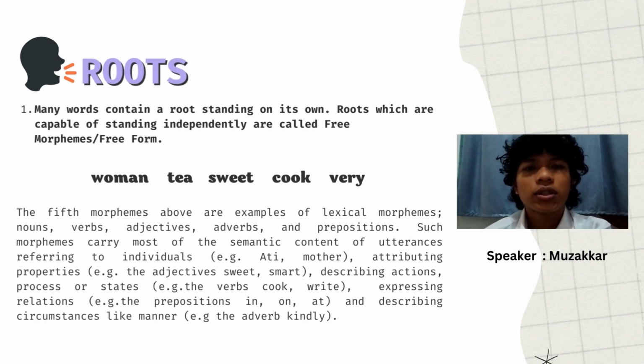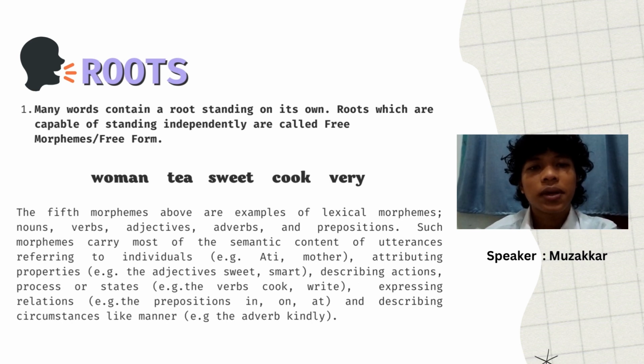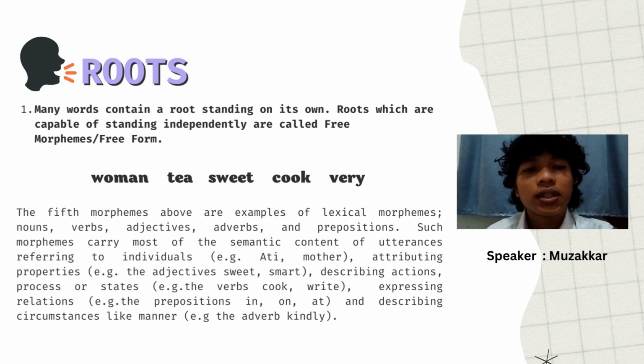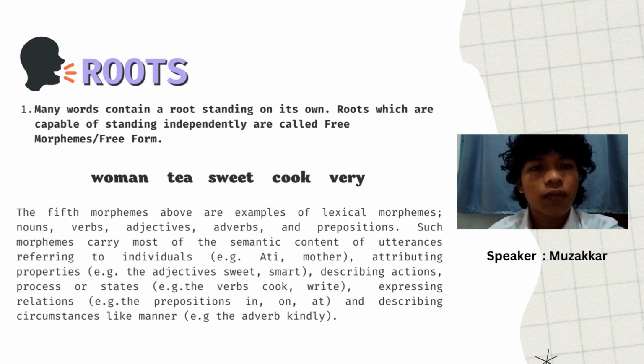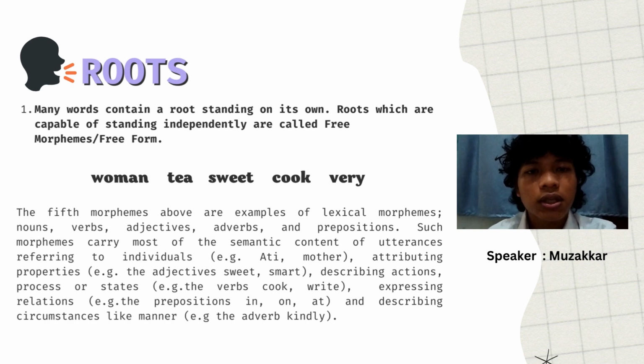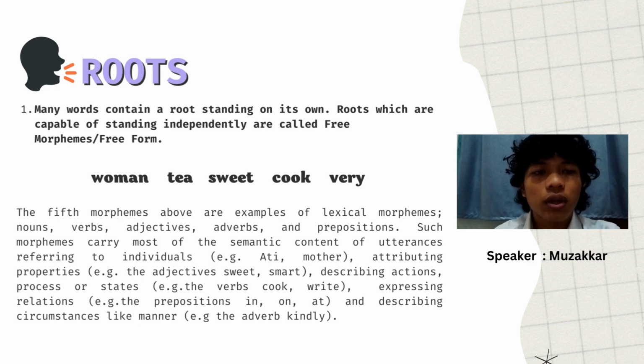One. Many words contain a root standing on its own. Roots which are capable of standing independently are called free morphemes or free forms. Woman, tea, sweet, cook, very. The five morphemes above are examples of lexical morphemes: nouns, verbs, adjectives, adverbs, and prepositions. Such morphemes carry most of the semantic content of an utterance,